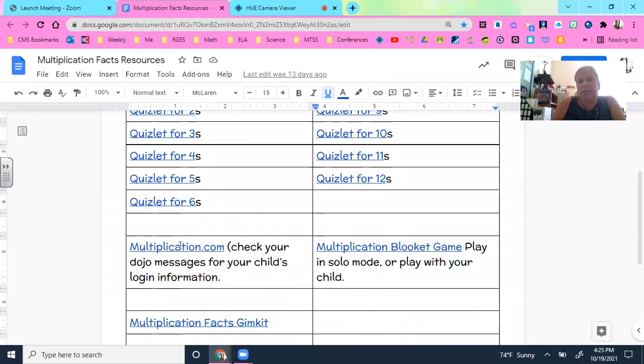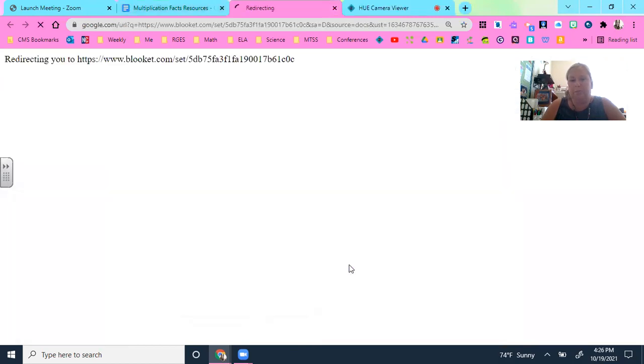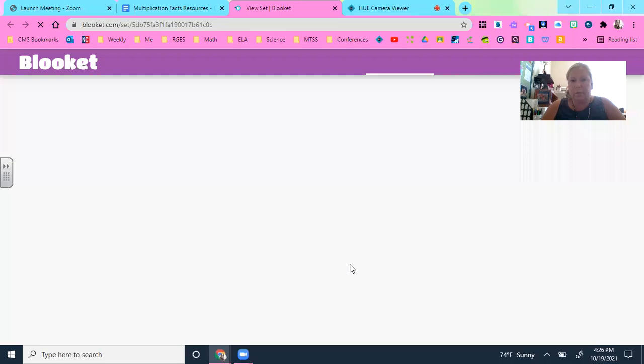Everyone can use multiplication.com. My class has login information for this because I bought them subscriptions, but everyone can use this even if you don't have a subscription. But I am going to go over to the Bookit game. Bookit is great. It's really, really fun. There's a set of multiplication